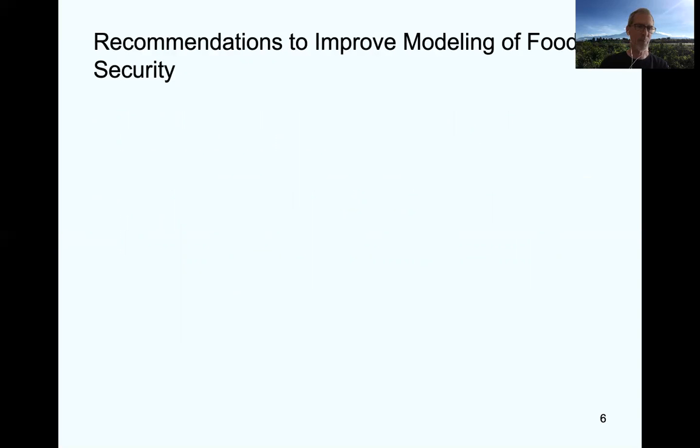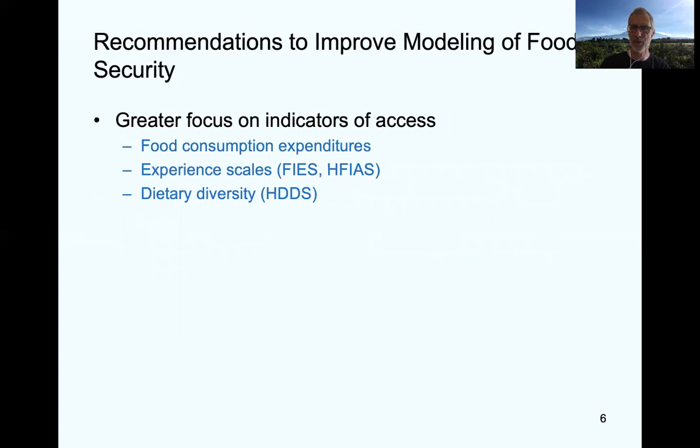So on the basis of our previous review, we recommended a greater focus on indicators of access, which would include food consumption expenditures, how much is the household spending on food. And then also more recently, human nutritionists have developed experiential scales that look at food insecurity from the perspective of the lived experience of a household or individual. And another important element of food security on the access side is dietary diversity. What's the diverse set of foods that households consume, and how frequently do they consume them? So we wanted to focus on incorporating those three indicators, which are viewed as moving beyond availability,